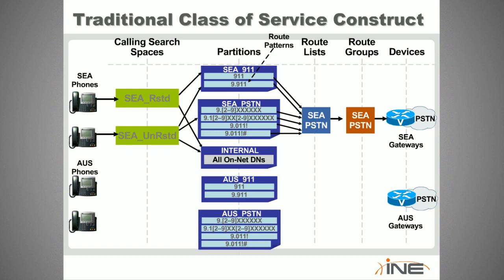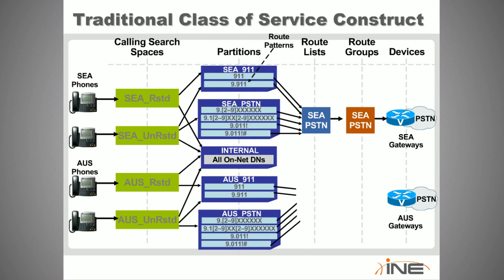These are two of the sites we're going to be using. So with those, we also have to have new route patterns for 911 and PSTN partitions. That way, they can point to their own route list, which points directly to the Austin route group, which contains the Austin gateway or gateways. Okay, so the idea is that we have to have multiple route patterns, even though if you take a look